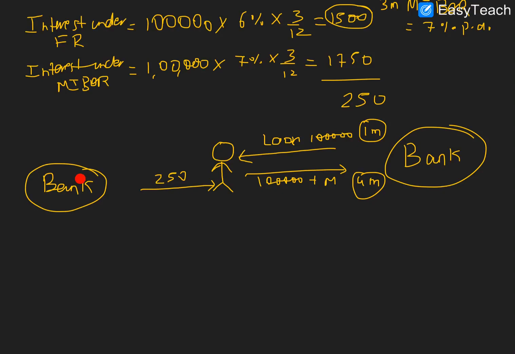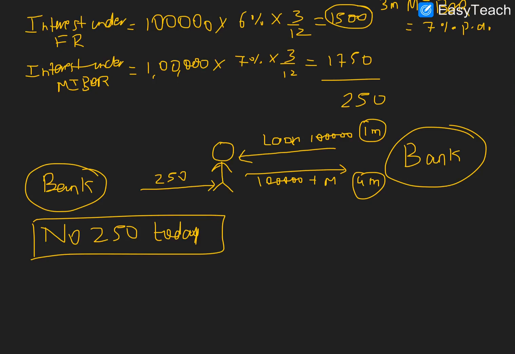Tell me guys, is the banker going to give you the 250 immediately? Of course no, the banker won't give you 250 immediately. There's a simple reason for that, because this 250 was due after 3 months from the inception of the loan. So obviously the banker will say, no 250 today sir, I won't be giving you any 250 today. But if you want that 250 today, if you want that benefit or the compensation today, obviously